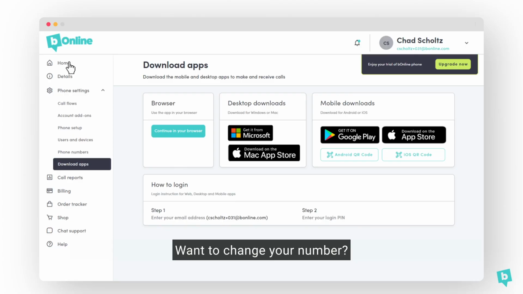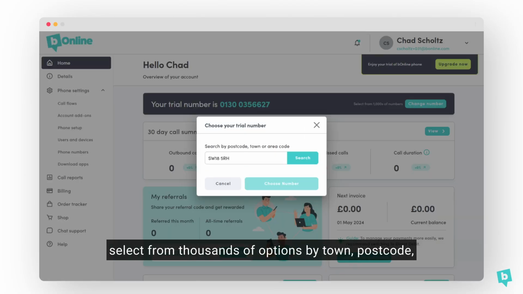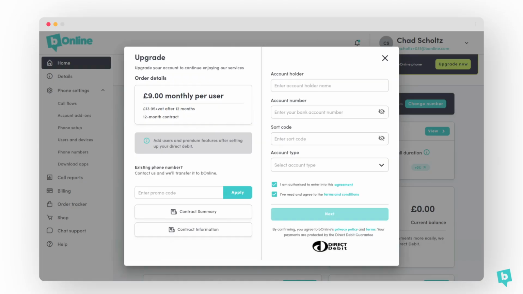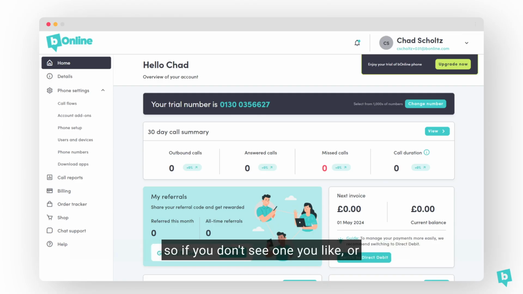Want to change your number? No worries. Click Change Number from the home page and select from thousands of options by town, postcode, or area code before you upgrade. Also, we have 10,000 UK numbers to choose from, so if you don't see one you